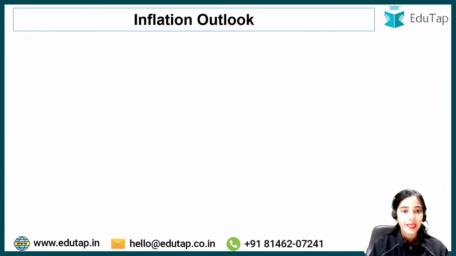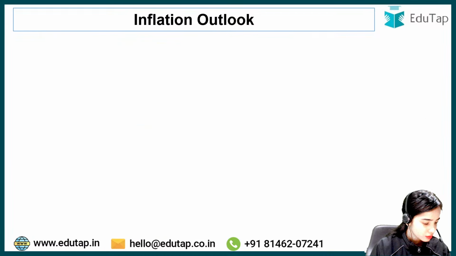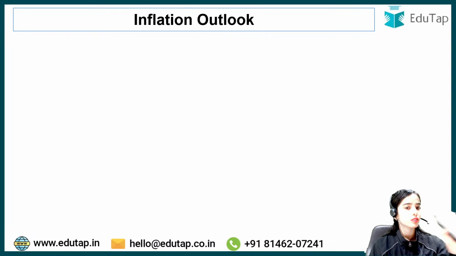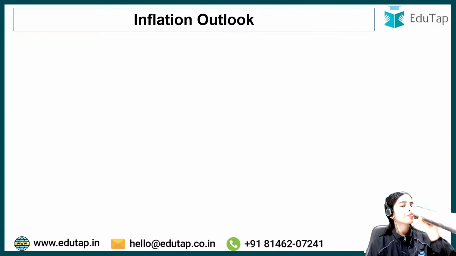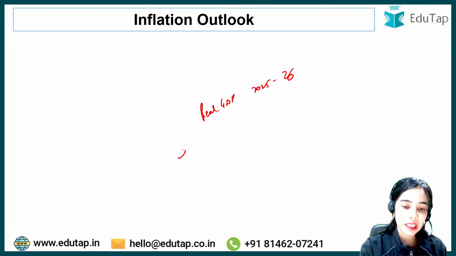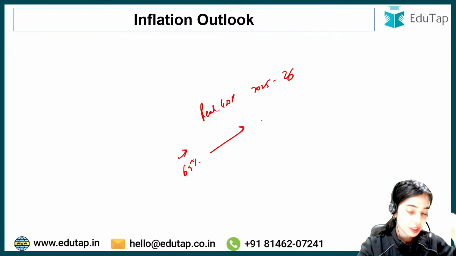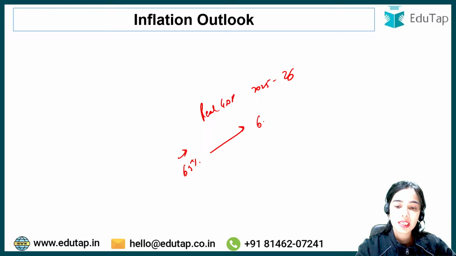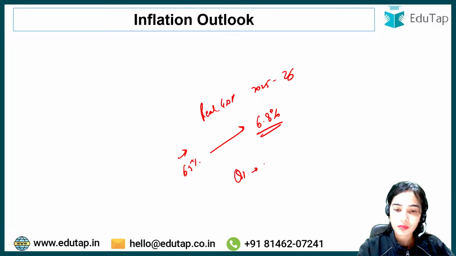Chalo. Any confusion anyone has till now? Any confusion? Real GDP growth forecast for 2025-26 has been increased from 6.5% to what percentage? It has been increased from 6.5% to 6.8% because of the Q1 real GDP growth of 7.8%,